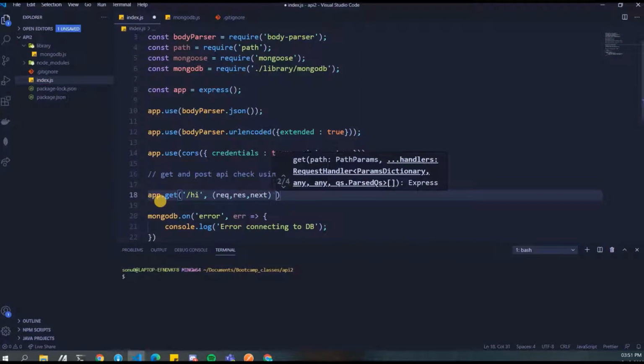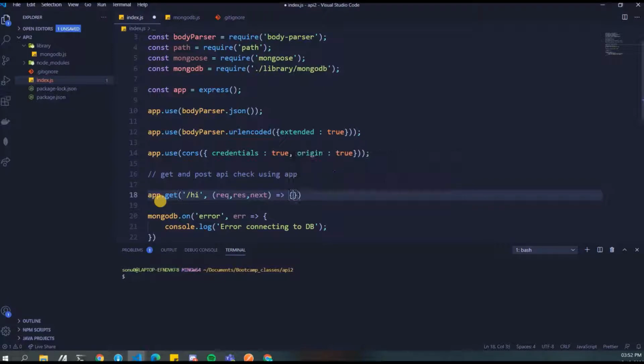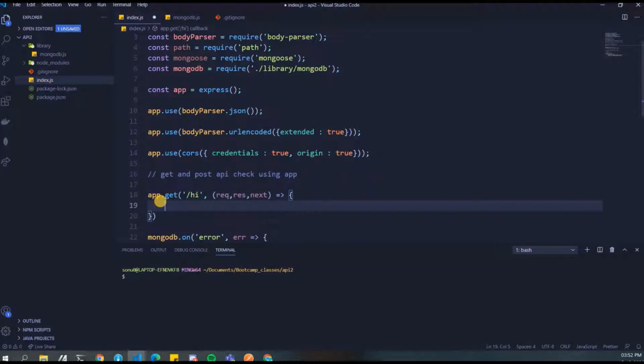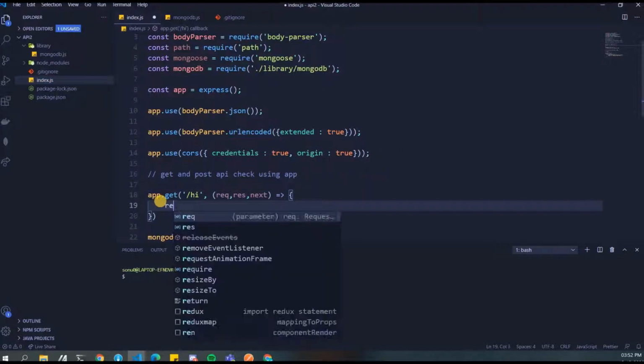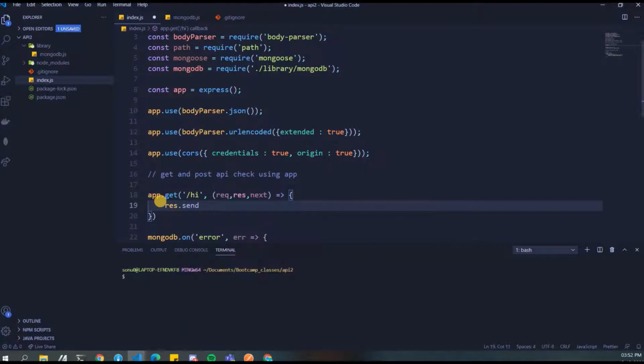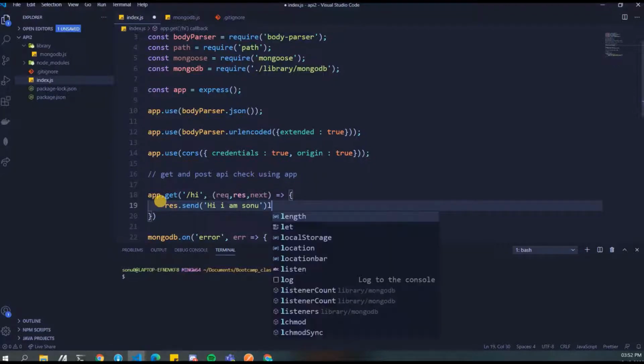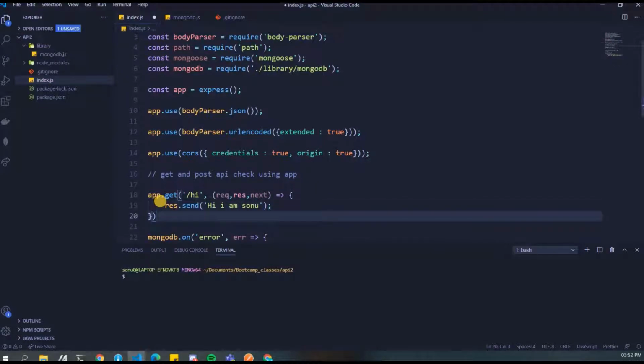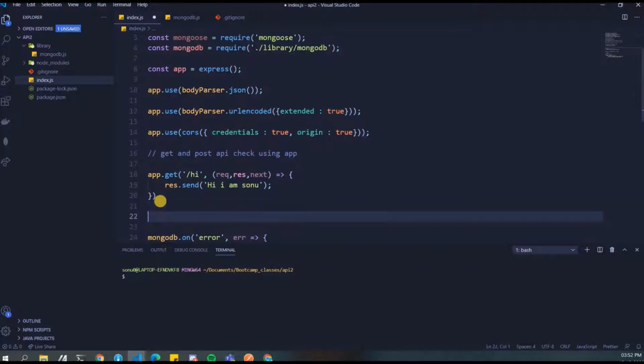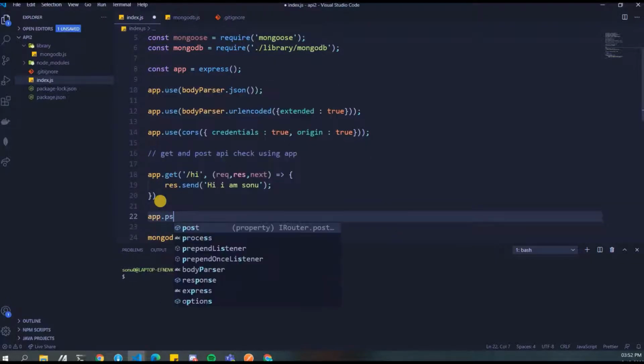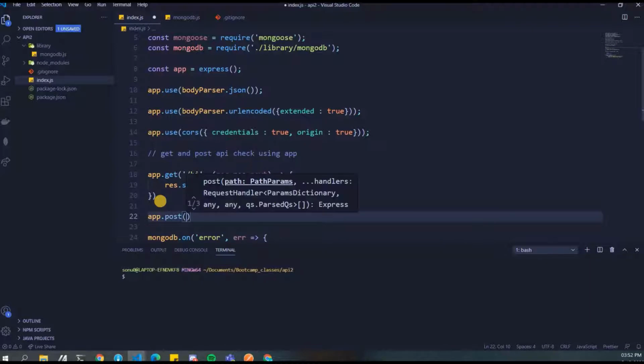These are some of the parameters that are provided by the Express app itself. So you can always create that and you can always see what is going on. There is one parameter, res, which is res.send. So, hi, I am Sonu. Something like this, and then let's also create a post API. We won't do any kind of data posting, but we'll just create it so that we are getting some response.